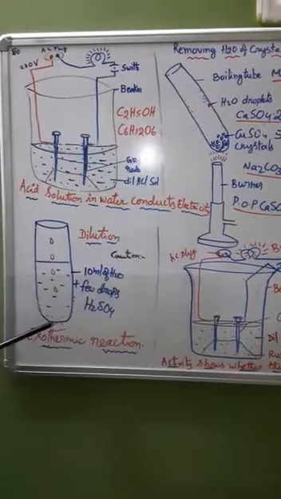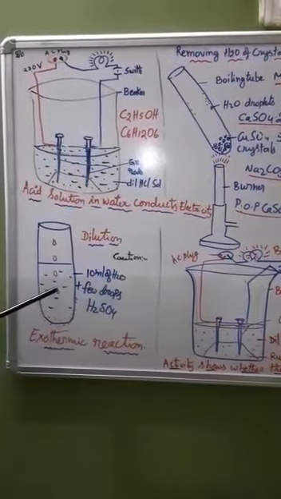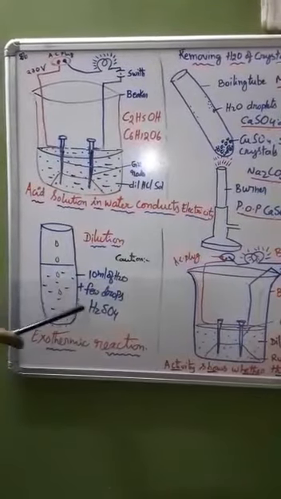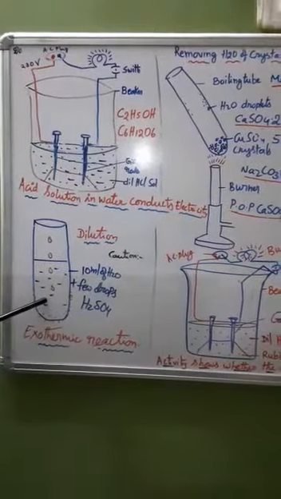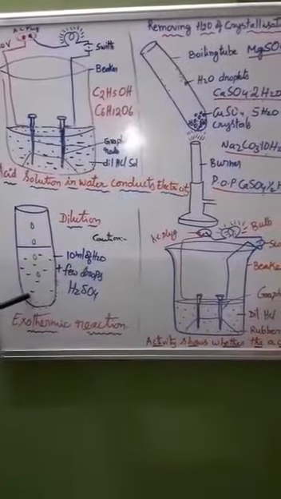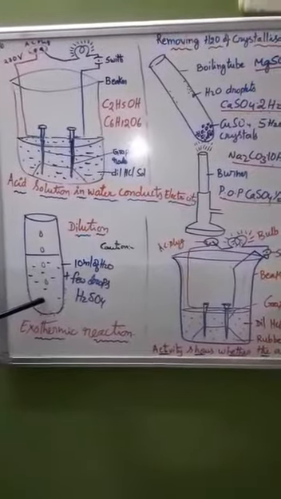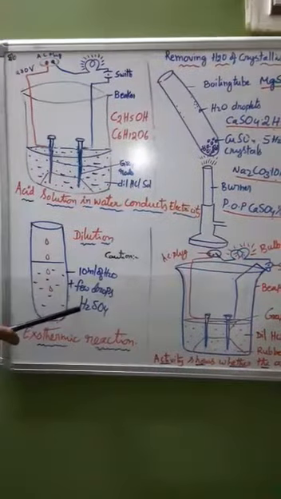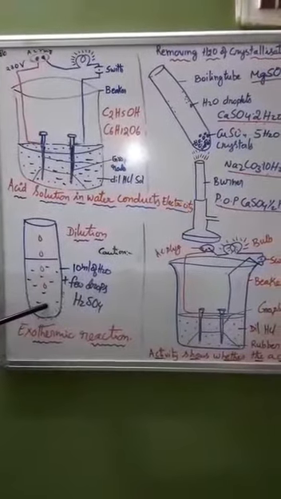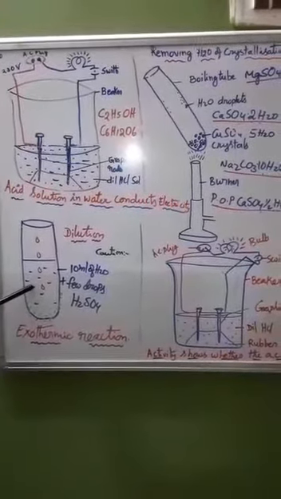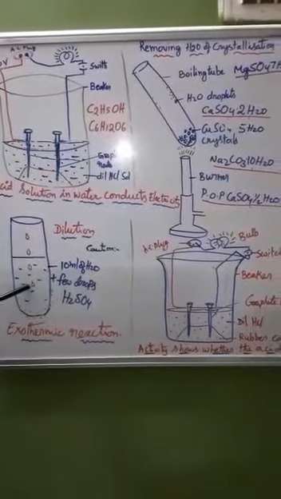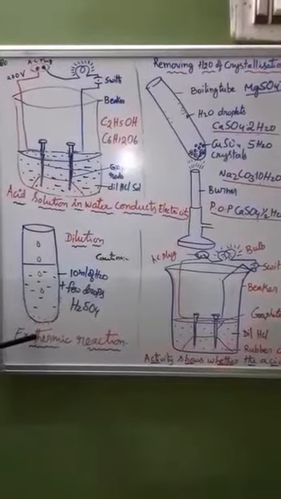Let us take a glass test tube with 10 ml of water. Add a few drops of sulfuric acid to that. After a few seconds, if you touch the base of the test tube, it is a little bit warmer. That indicates that during the reaction between sulfuric acid and water, some heat energy is released. We can feel that heat with our fingers. This indicates it is an exothermic reaction.